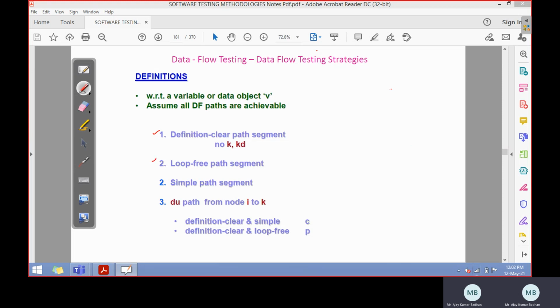The next one is the loop free path segment. Followed by that we have a simple path segment, and the last but not the least is the du path from node i to node k. This is the most effective one, the third one, sorry, this is the third one and this is the fourth one. So we'll discuss this one first and then go ahead one by one. The first one is